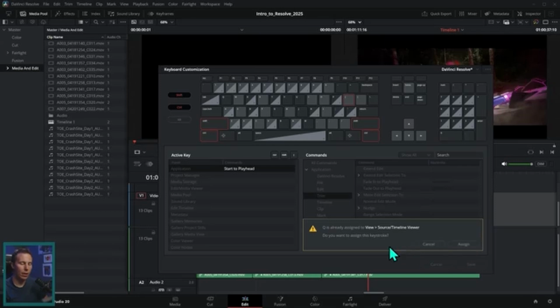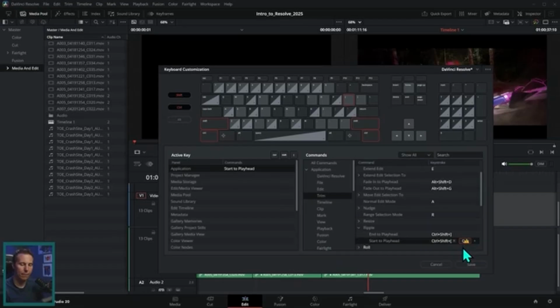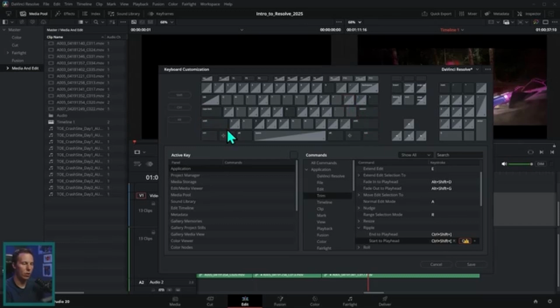Great. Now it's going to come up and say Q is already assigned to something, which is fine with me because I'm never going to use this view source timeline viewer. You might use it, but I'm not going to. So whatever you assign to it, it's going to tell you if that's already a keyboard shortcut. So I'm just going to say assign. Now, it gives you a little warning here. The reason there's a warning is because neither of these keyboard shortcuts are going to work anymore because one keyboard shortcut is assigned to two things, which you would think it would just do both things, but it actually does neither. So I'm going to go out of here, go back to my just vanilla keyboard here and click on